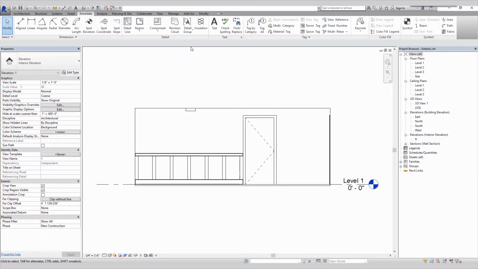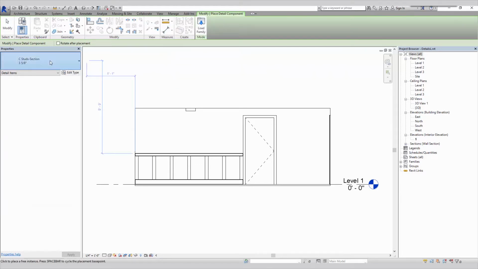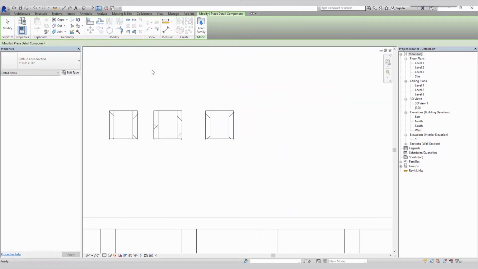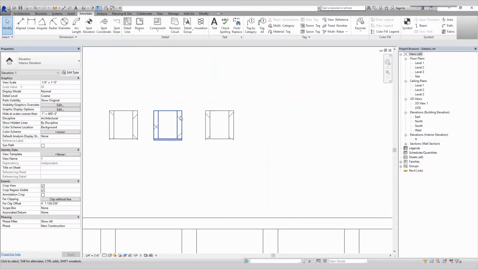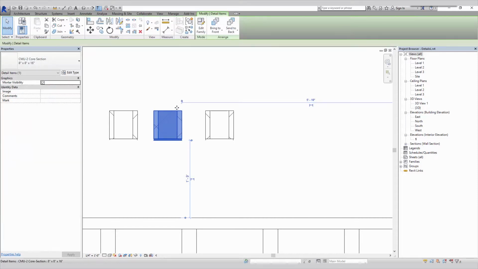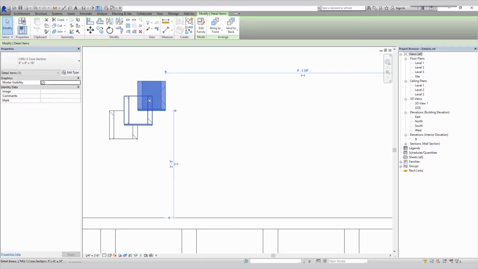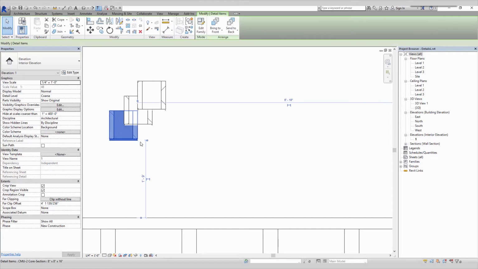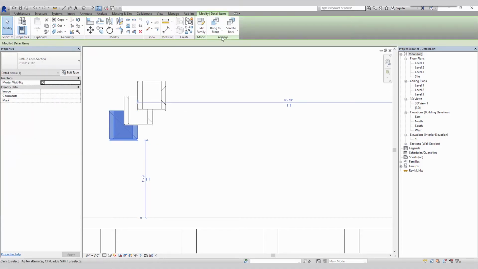Another thing to note when placing detail components is the hierarchy of how they are placed. So if we choose to place a regular component, let's say a couple CMU blocks, put our thin lines on so we can see these a little better. If I were to overlap these, we can change what is in the foreground and what is in the background by using the arrange option located right here. So we can choose to bring it to the front, which will bring it all the way to the front of our view,